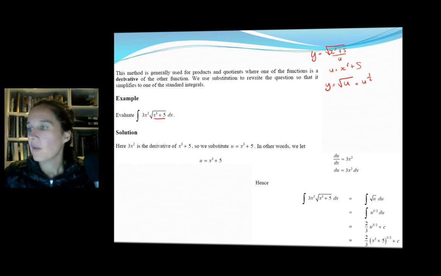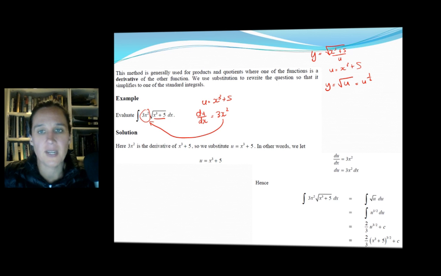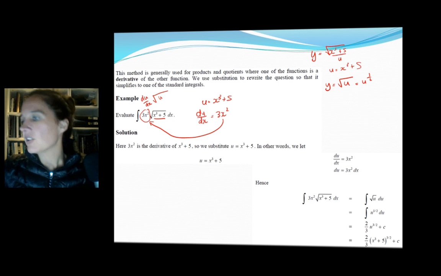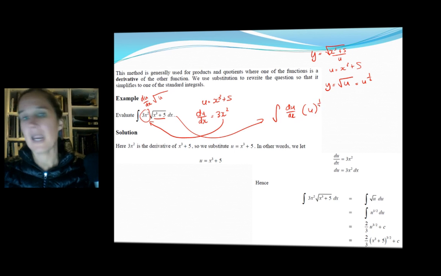So here, we're going to say u is equal to x cubed plus 5. If we differentiate this with respect to x, we get 3x squared. And that's what this is here. So this matches our 3x squared, so this is our du on dx. And then here we've got the square root of our u. So our integral becomes the integral of du on dx, and then we've got u to the power of a half,